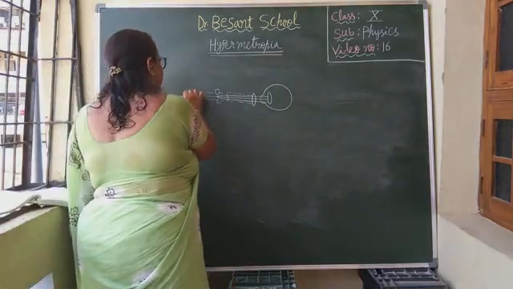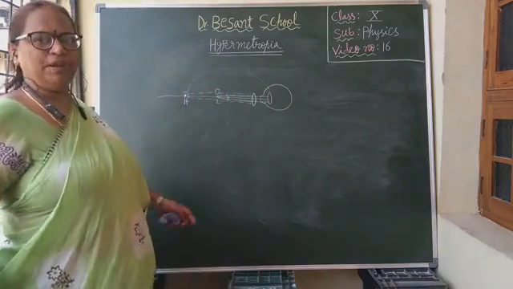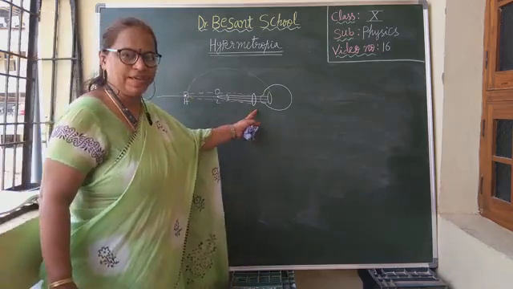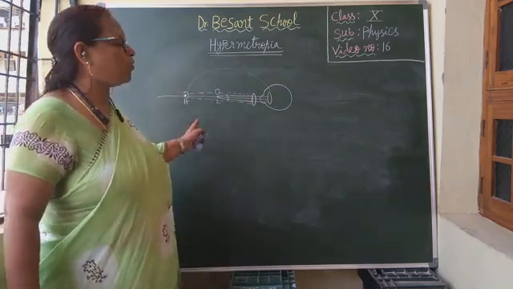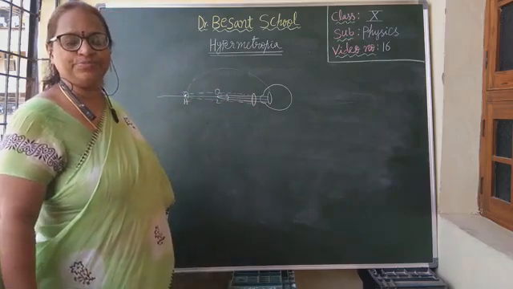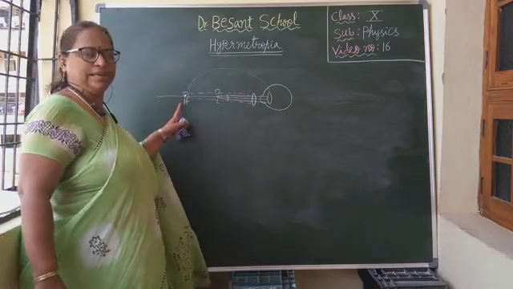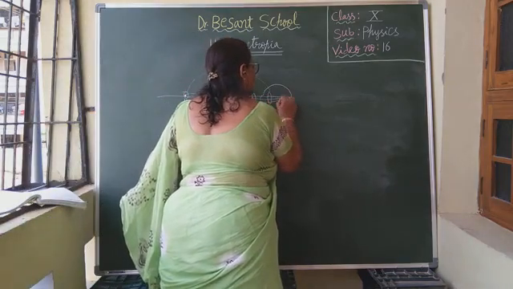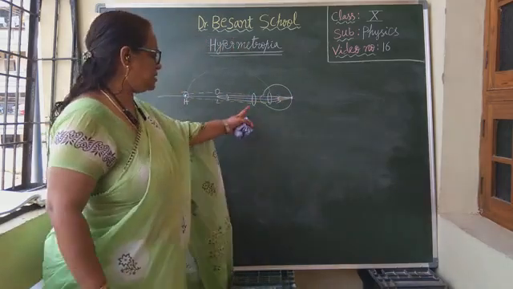Now the image is formed here, and this image will behave as an object for the eye lens. The image of the object formed because of the convex lens at H will behave as the object for the eye lens. I hope I am clear, children. Now for this eye lens, the object is here. So exactly what will happen? Now this will make the image form exactly on the retina when this lens is used.